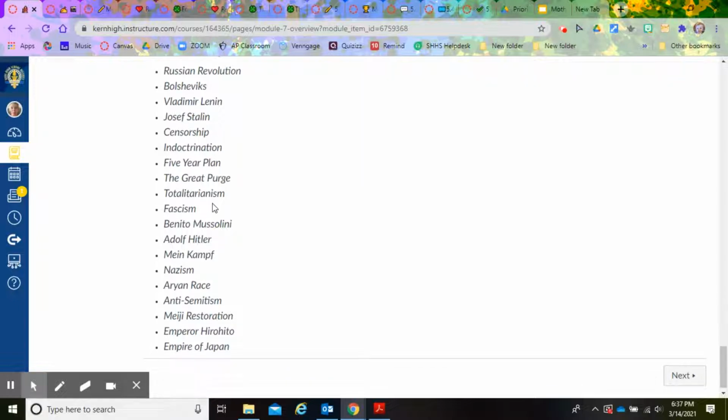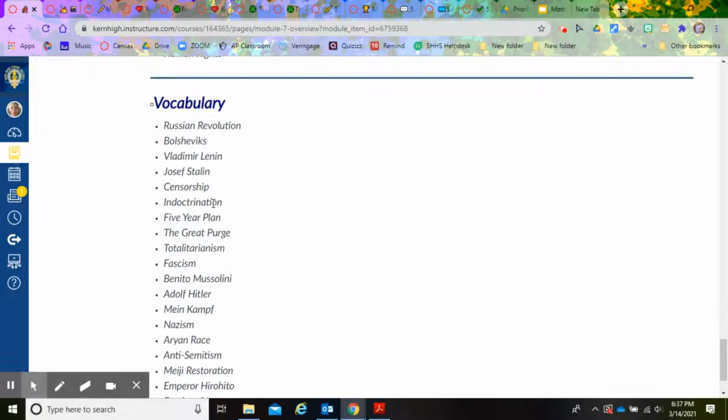Here is the vocabulary. What I want you to do for your notes, because this is the last of the unit overview note pages, is choose 3 of these vocabulary words and put a definition in your own words and have a drawing that represents it. So again, you're going to take 3 of these vocabulary words. I'm going to recite them to you right now. Then you are going to put each in a sentence, and then draw a picture that represents it.